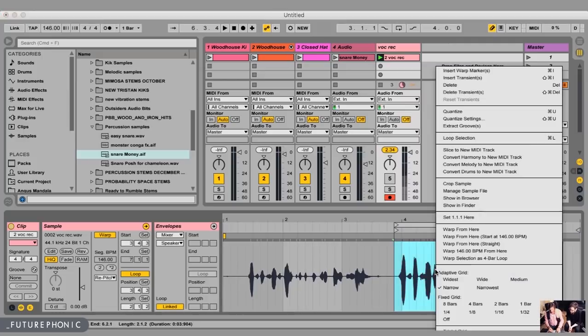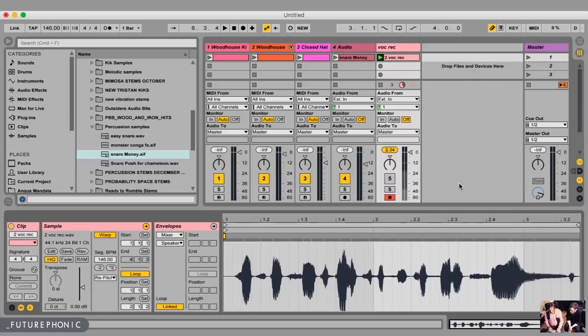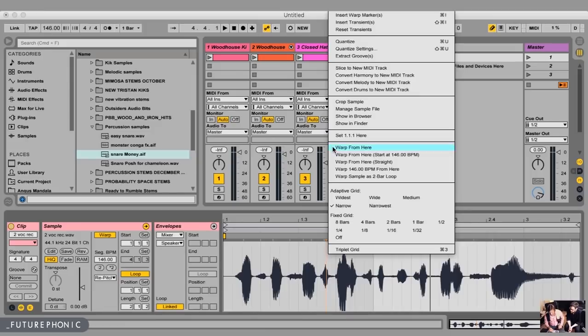Loop that. Control. Crop the sample. Turn that psychedelic with the future phonic sound. Let's get psychedelic with the future. Great. Right, now what I want to do is, the first thing I've been working on, a little idea, was